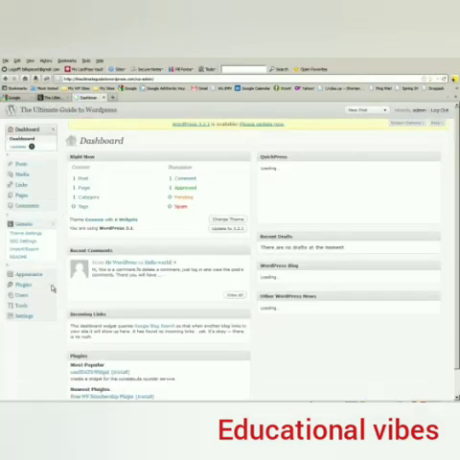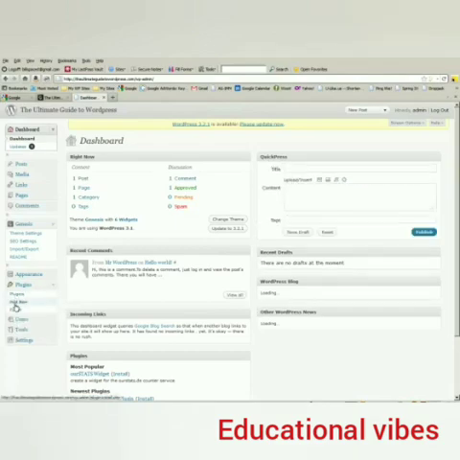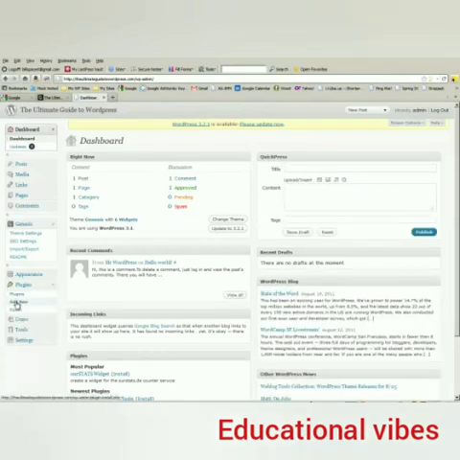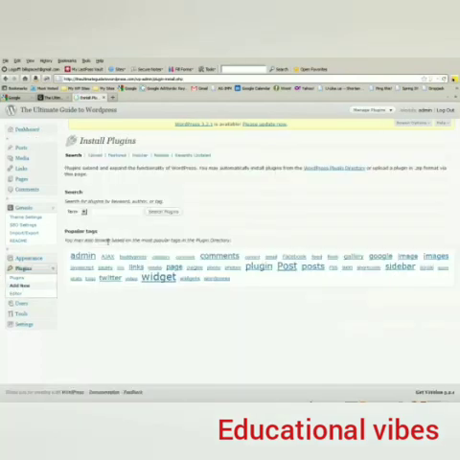The first and easiest way to install plugins is right through the dashboard. Click on Plugins and then click on Add New. And one of the plugins that we recommend is Akismet. It's an anti-spam plugin that will really cut down on your comment spam. So type in that search term,